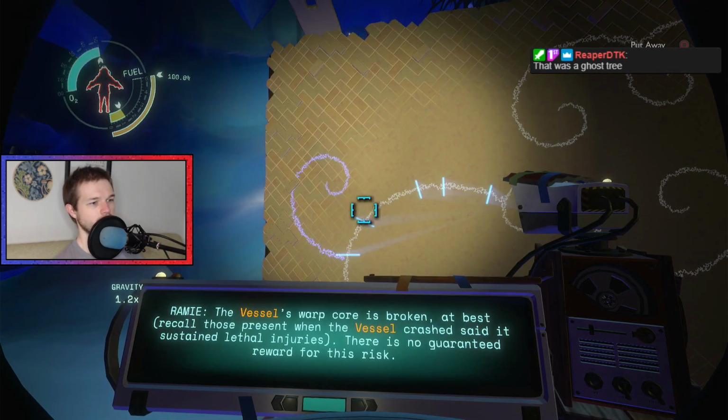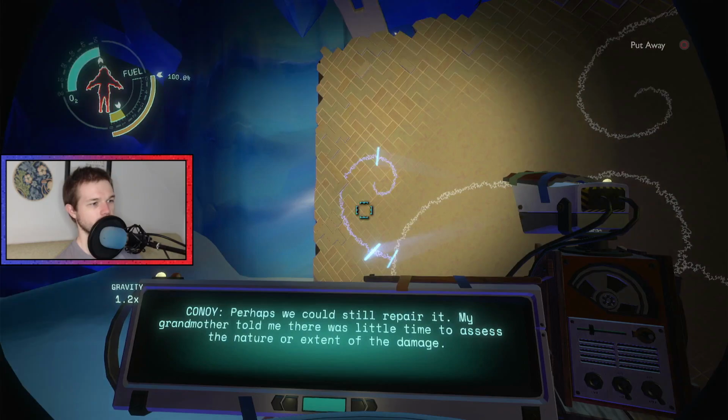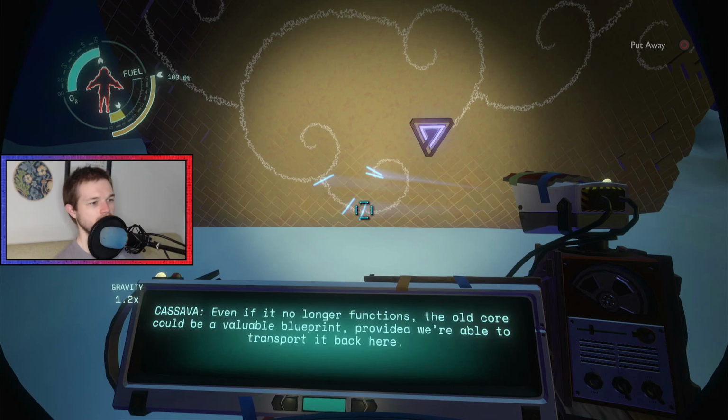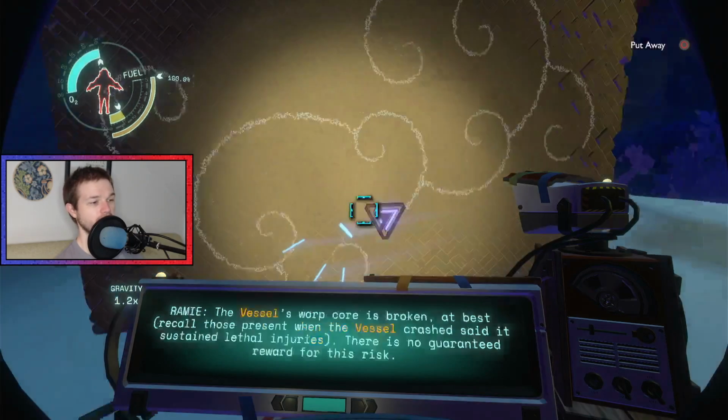The vessel's warp core is broken, at best. Recall those present when the vessel crashed said it sustained lethal injuries. There is no guaranteed reward for this risk. Perhaps we could still repair it. My grandmother told me there was little time to assess the nature or the extent of the damage. Even if it no longer functions, the old core could be a valuable blueprint, provided we'll be able to transport